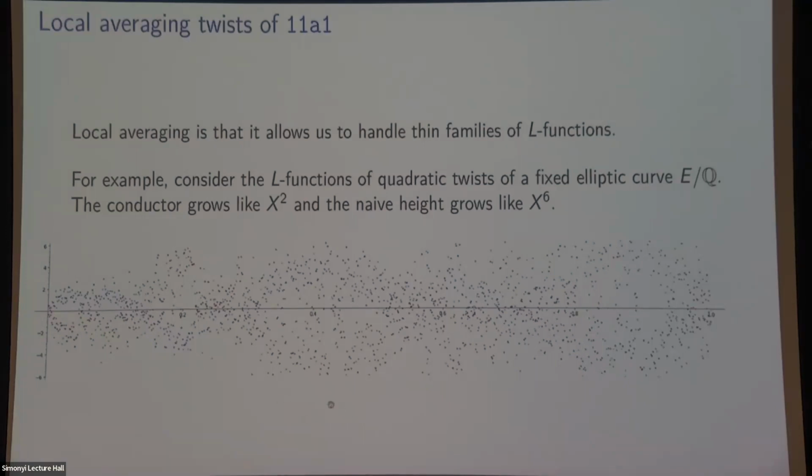And the last, sorry. Now I'm shocked. Good. Mission accomplished. No, it's just that if you do naive height, it's gone. But if you do, it's still conductor in this family. Of course, you can make one parameter families do anything you want with root numbers. You know, these examples of Rawley.